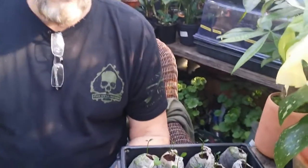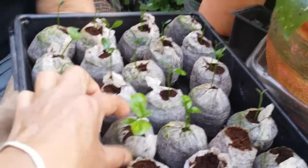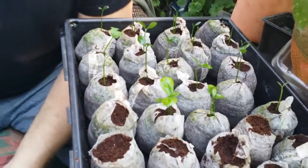I want to put in there some neem powder. I want to put some mycorrhizae in there. I want to put some worm castings in there with our super citrus potting mix